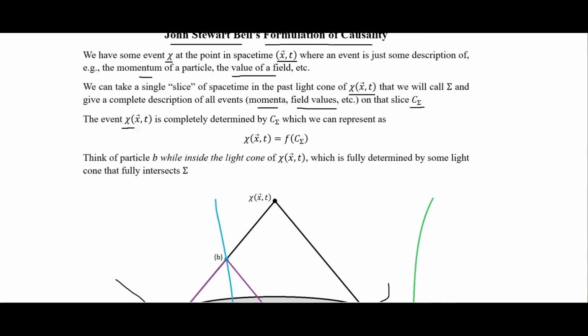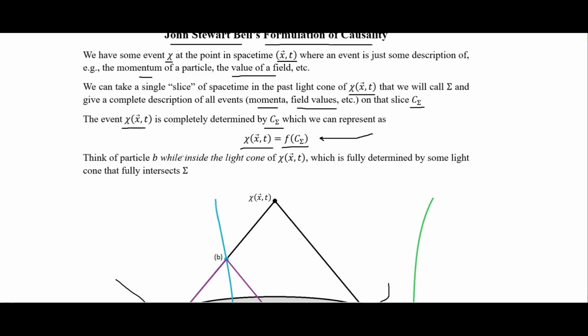So the event chi here is completely determined by that description, which we can represent like this. So the description of this event is completely determined by all of the events occurring in that